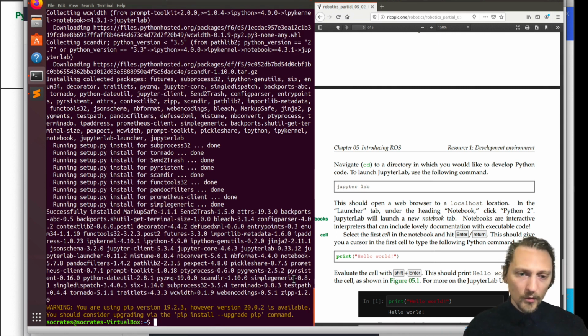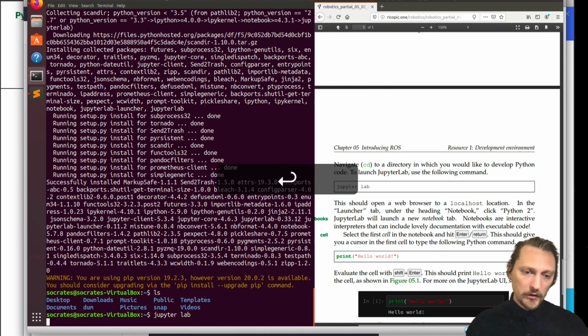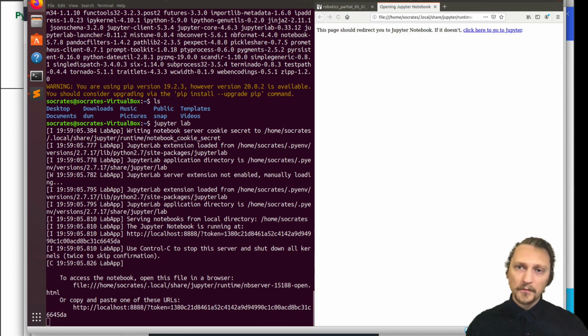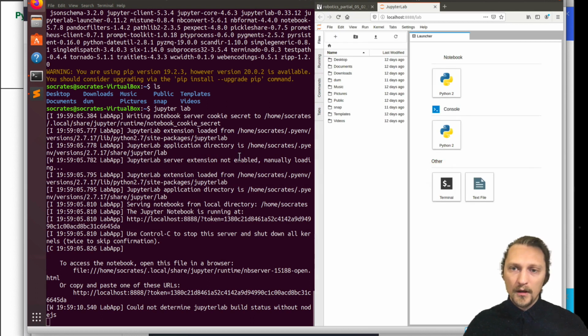Here we go. We now have Jupyter installed on the machine. So now we can do, in some directory, see, what do I have here? Let's say I want to develop some Python code here in my home directory. I'll type in Jupyter Lab. It will launch this,